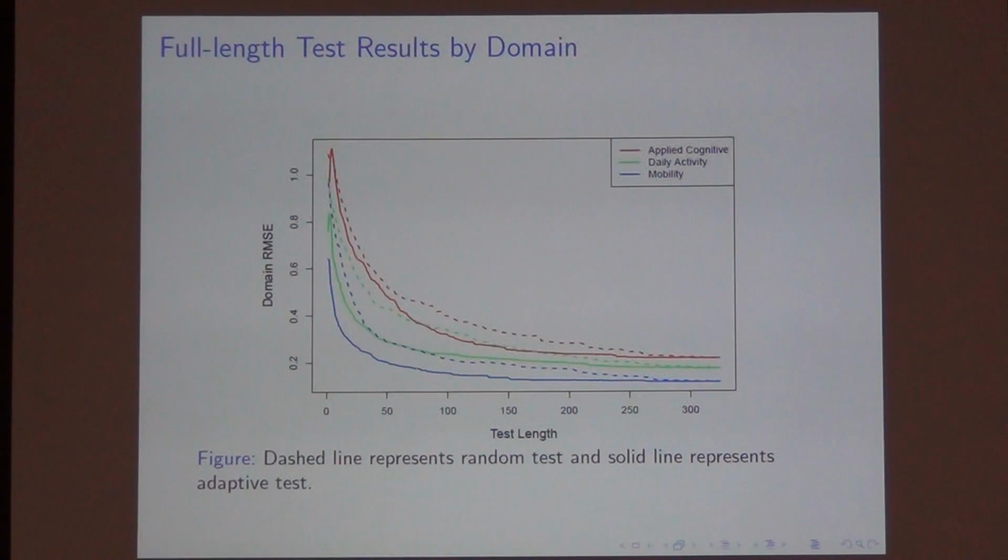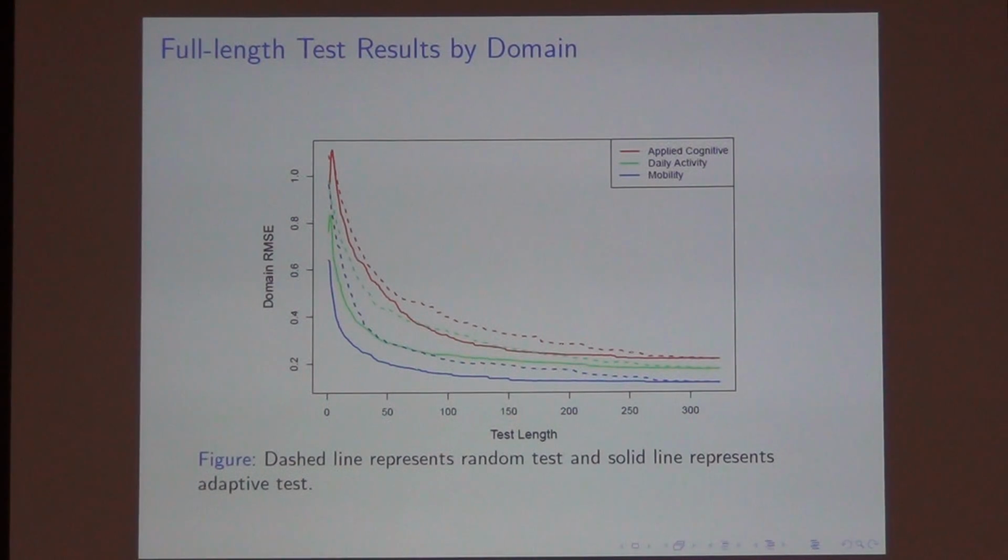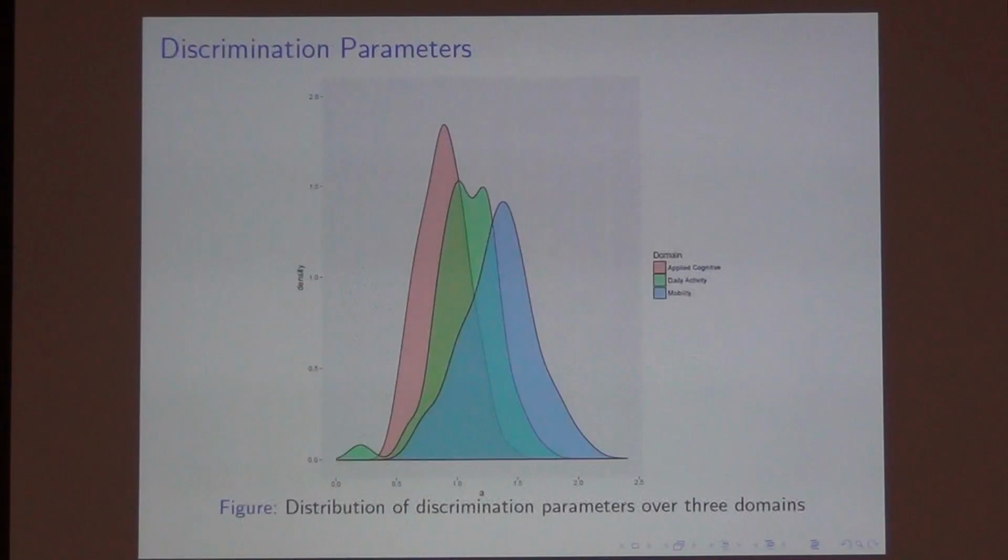However, for applied cognitive, there are basically no differences at the beginning of the test. Why? Because there are actually fewer items selected on that domain. The information each item carries highly depends on the value of the discrimination parameter. And if we look at the distribution of A, the value from the red domain is simply smaller in general, so they will have less chance to be selected